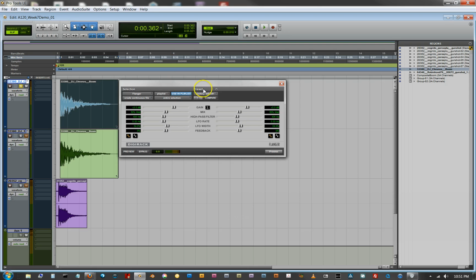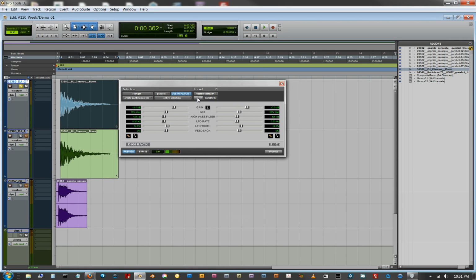There's some things that are common to all of these plugins, and one is I can choose from the top left button and go back and choose what type of plugin I want to use. And again, whether or not this is going to affect my playlist or regions list, whether or not it's going to affect my entire selection, or if it'll just do region by region. So if I had multiple regions selected, this would have bearing on it. And then getting over to where it says presets, you'll notice there's a little downward triangle for options, factory default, and then there's some basic ones that they've created and plugged in. So if I just push preview, and I have to push preview because pushing play won't allow me to hear the effect,